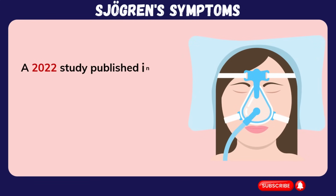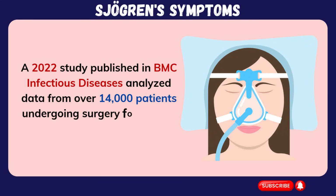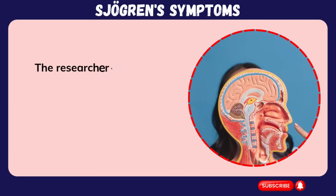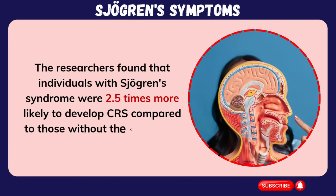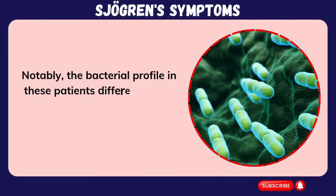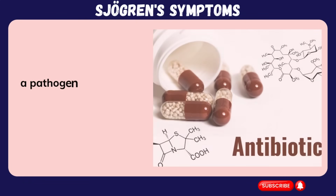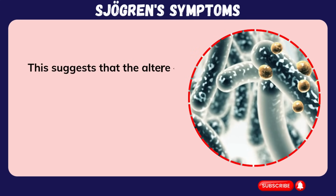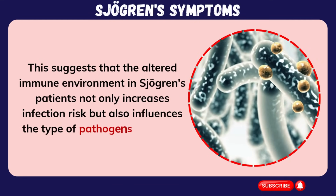A 2022 study published in BMC Infectious Diseases analyzed data from over 14,000 patients undergoing surgery for chronic rhinosinusitis, or CRS. The researchers found that individuals with Sjögren's syndrome were 2.5 times more likely to develop CRS compared to those without the condition. Notably, the bacterial profile in these patients differed, with a higher prevalence of Pseudomonas aeruginosa, a pathogen known for its resistance to standard antibiotics. This suggests that the altered immune environment in Sjögren's patients not only increases infection risk, but also influences the type